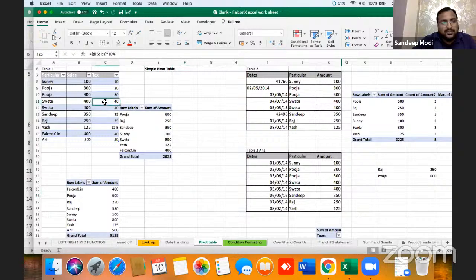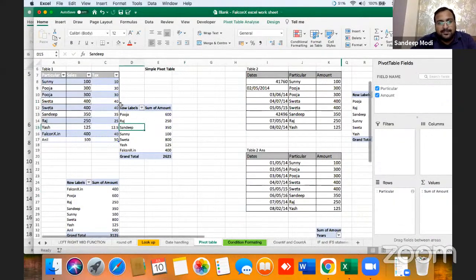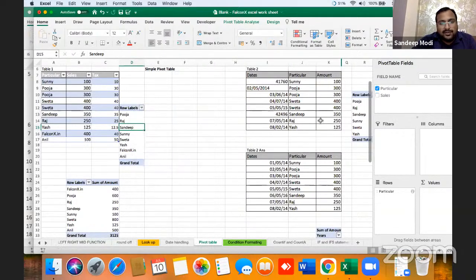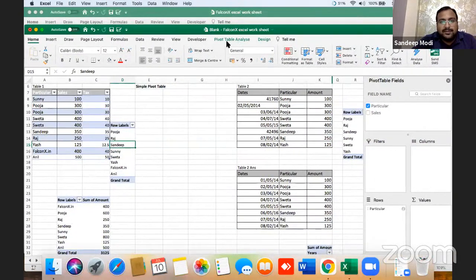Now I want total tax, one field, I want total invoice value. Let me change to the pivot source data.